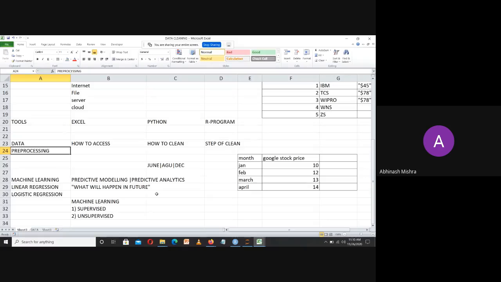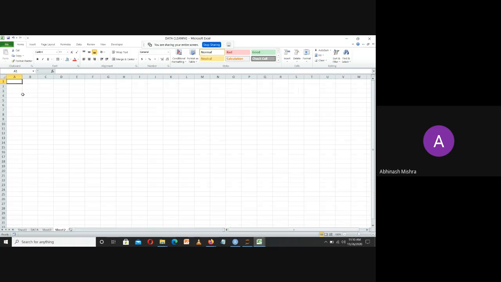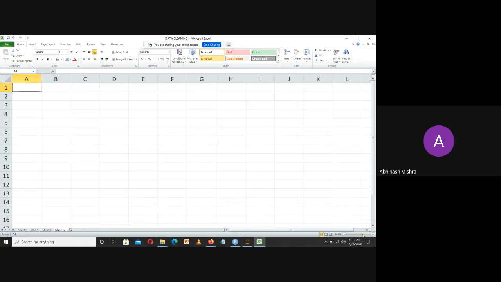So I shall start with the languages R and Python separately. Coming to the next sheet, I will be moving with R first of all and then Python. R is not a very new language. It's a very popular language among data scientists, data analysts, and some professionals for research work. And there is also another language which is most popular among youth and professionals, that is Python.